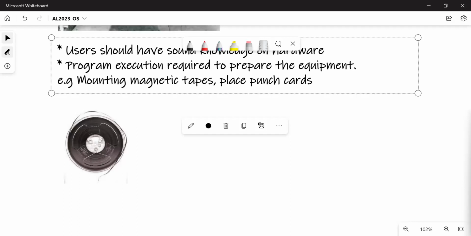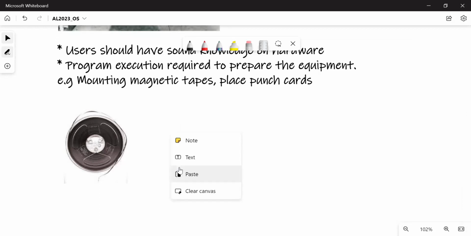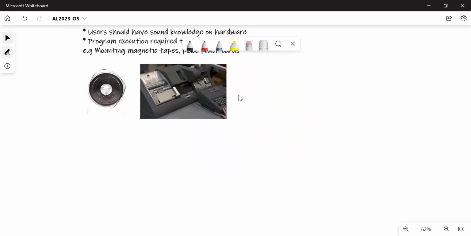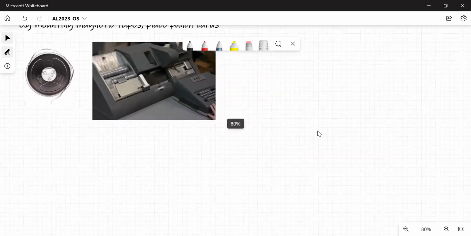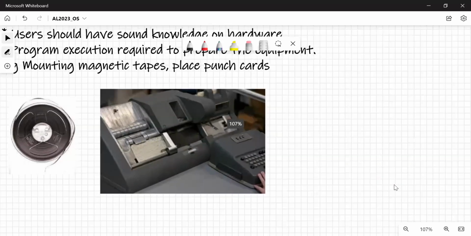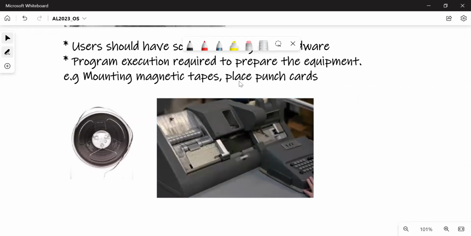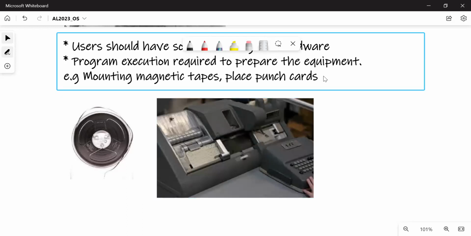Let me show you another image. In this image, you are putting a punch card in a machine. This is the punch card and this is the computer. It's not a single punch card, it's a bunch of punch cards, one punch card per instruction.